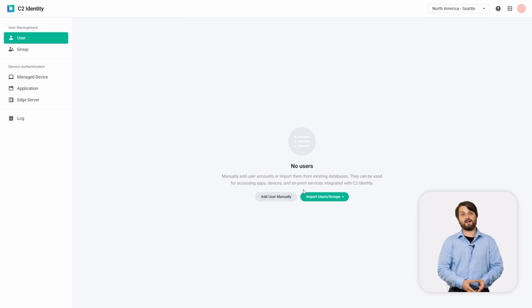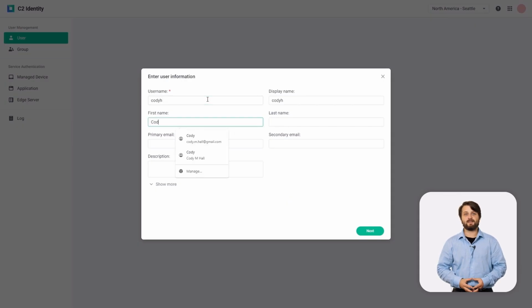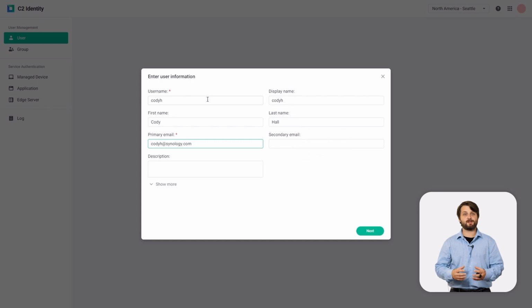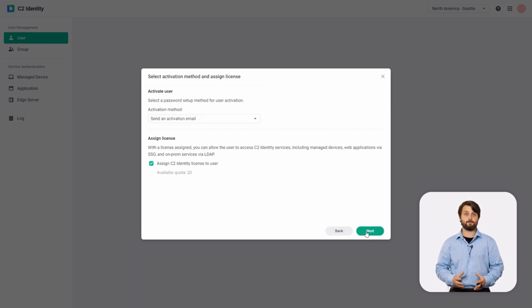Now we're going to move into adding in users to our domain. You can import users and groups from an existing LDAP or Active Directory environment, but we're going to add users in manually in our case. So I'm going to begin filling out these fields for my personal credentials for this environment. And keep in mind, if you expand to show more, you're going to be able to add in additional details for the user or worker in your environment, like what department they're a part of.